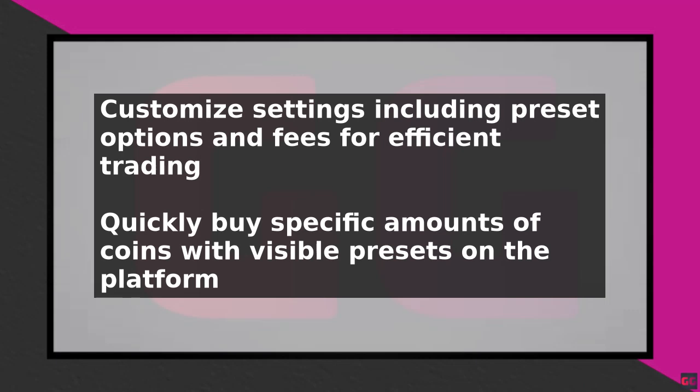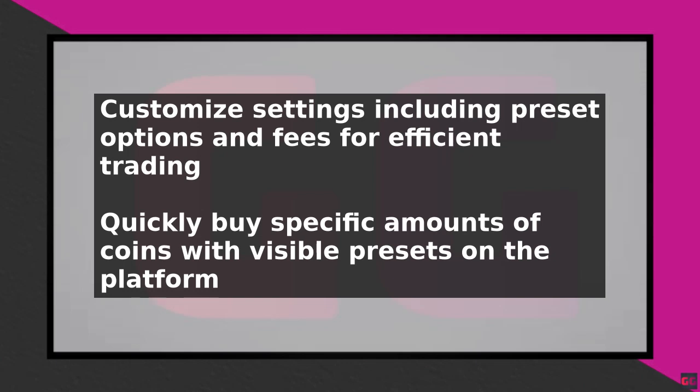The platform also allows you to customize your settings, including preset options, slippage, priority, and bribe fees. You can quickly buy a specific amount of coins, and your presets are always visible, no matter where you are on the platform. The wallet tracker feature enables you to track specific wallets, and you can add, import, and